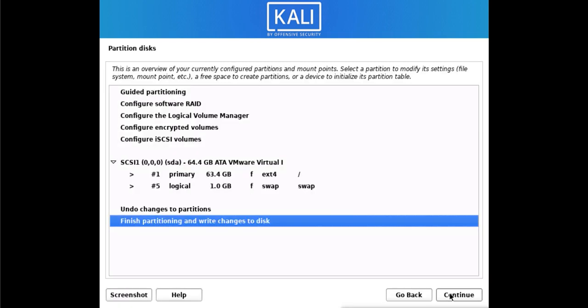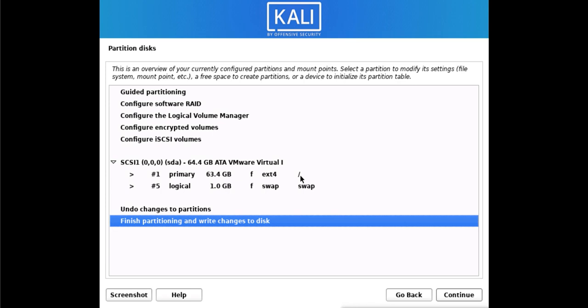So what it did here, you can see, it has created one partition and that is 63.4 GB, and that partition is mounted on slash. So whatever we store in this system, all the directories are under slash. Whatever we store in this machine, everything will go to slash, and slash data will go to this partition.